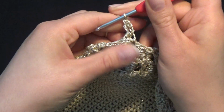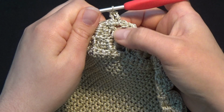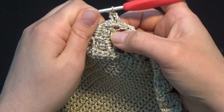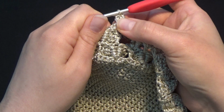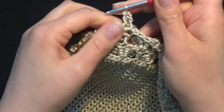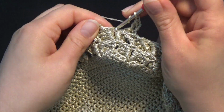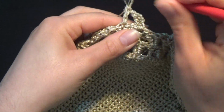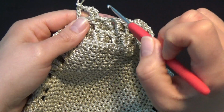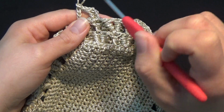Okay, and the reason that we do this is because my first stitch over here is the double crochet that stands by itself. So on top of that stitch I want to work the 2 double crochet. Okay, so after that, chain 1, 1 double crochet in the center of the scale, and so on. Okay, once you finish right over here where you're going to work the 1 double crochet again, okay, chain 1